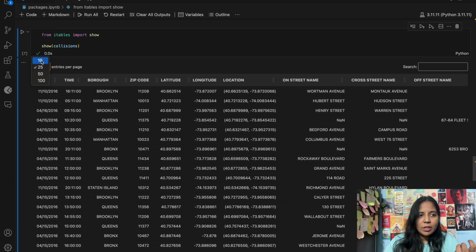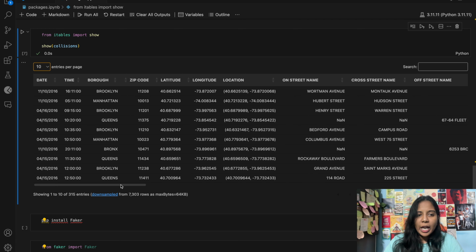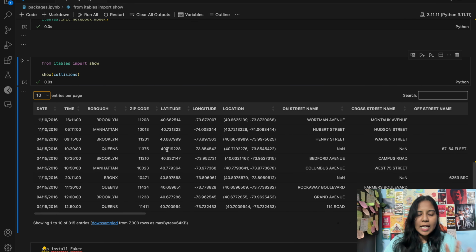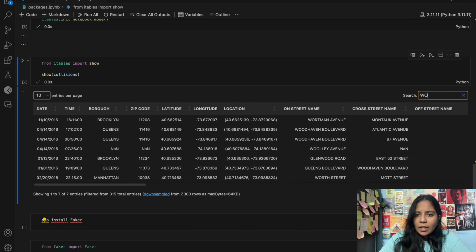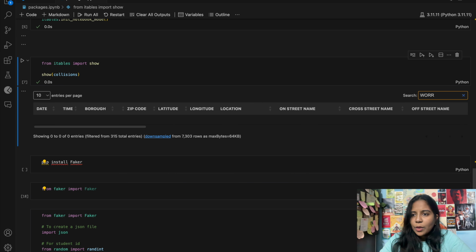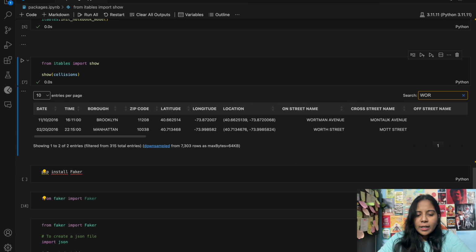It is like a friend and a tool kind of, but in the cell. This is particularly for Jupyter Lab, because we can't just see the overall data like this, or search for anything,